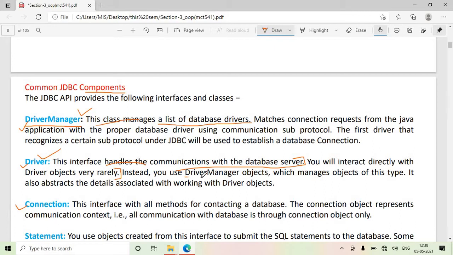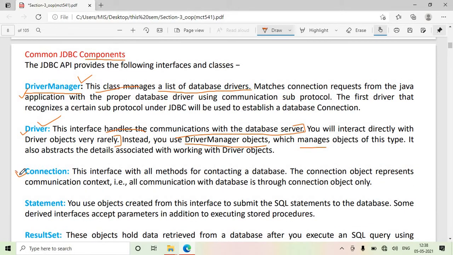Instead you use driver manager objects, and the driver manager manages the interaction with your database. The driver manager will interact with the various kinds of drivers, and those drivers will interact with the database.